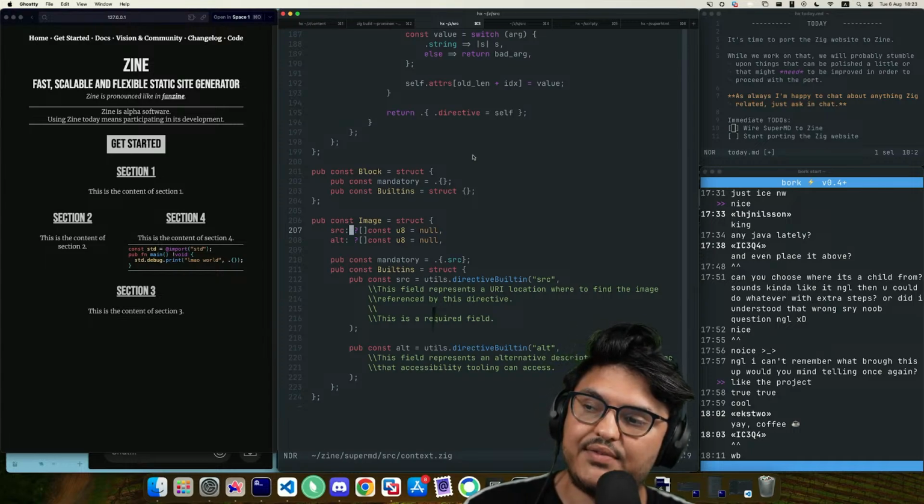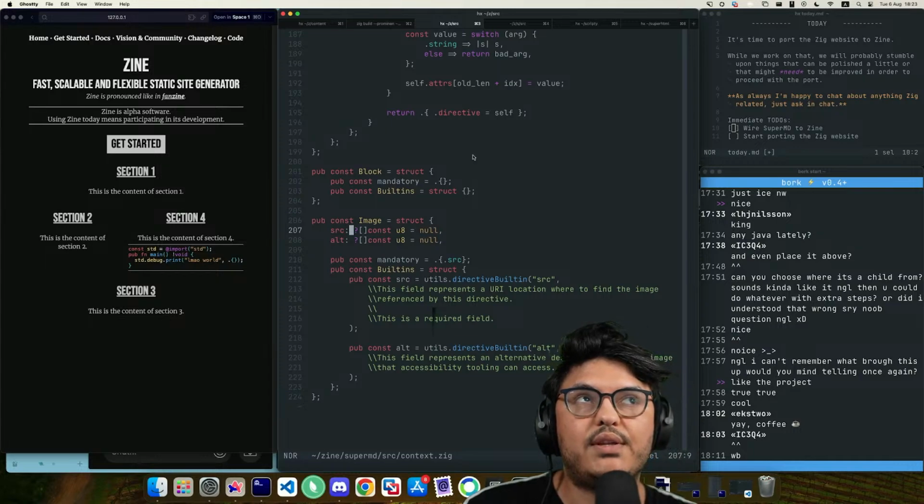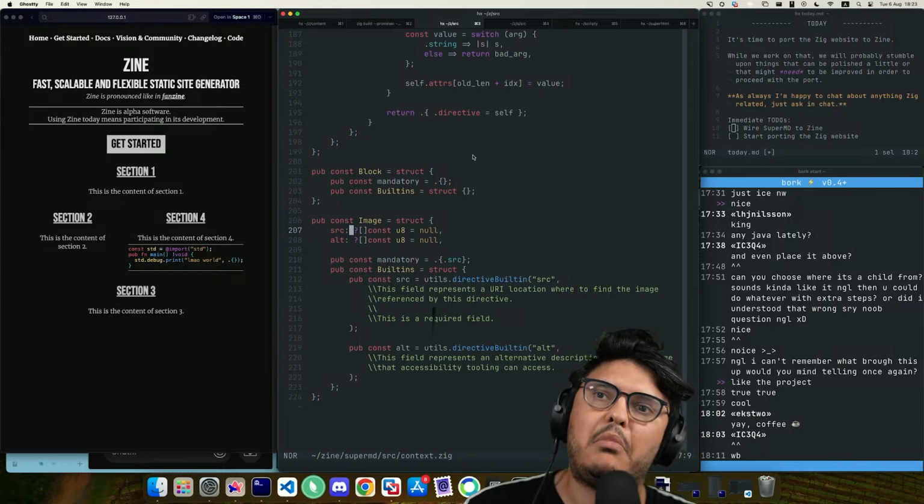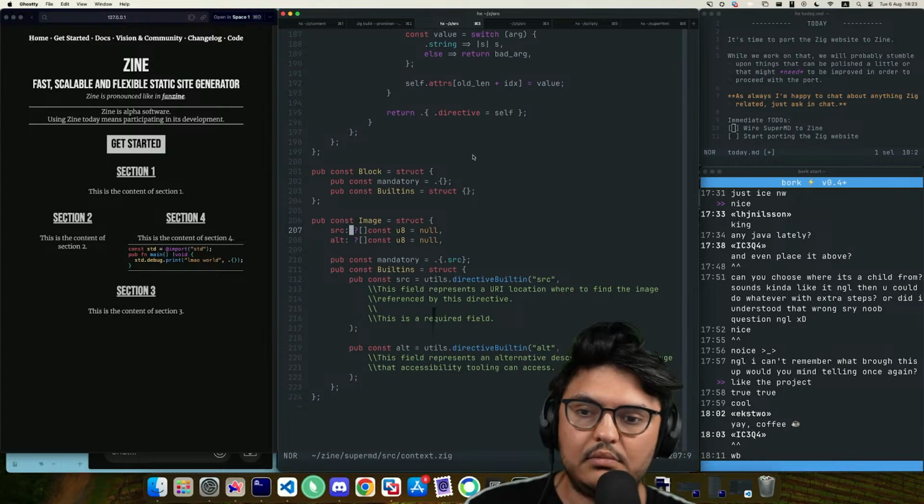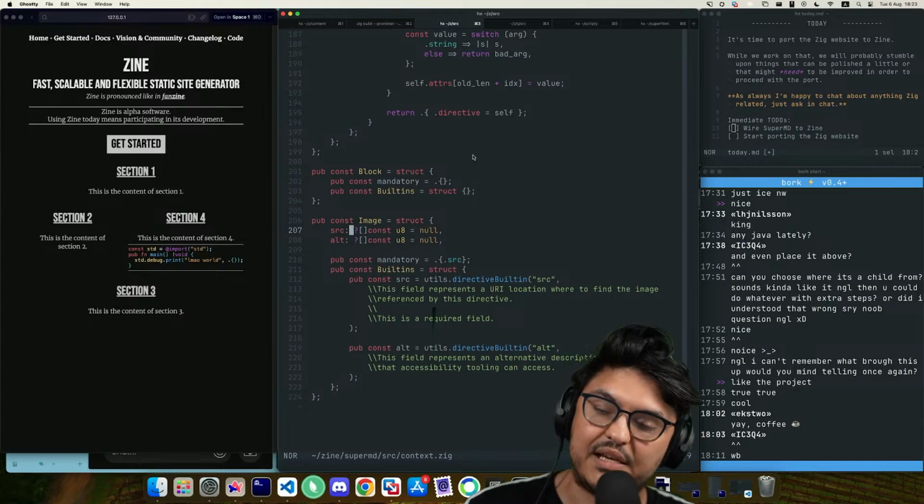Now source has to be something more complicated than just a string. It has to be something where you can say, well, source is a remote URL, a page asset, a site asset, a build asset. So it means that we'll have to give it something more nuanced here.